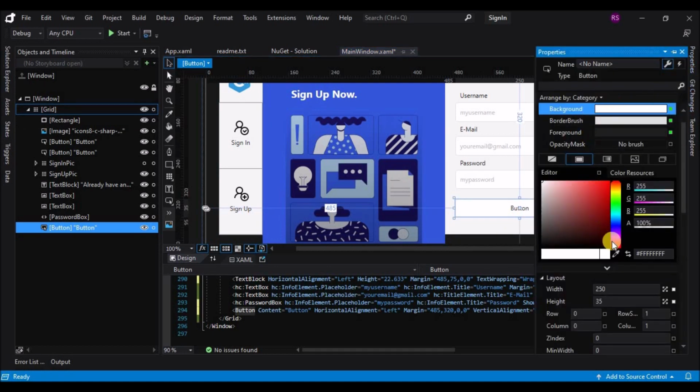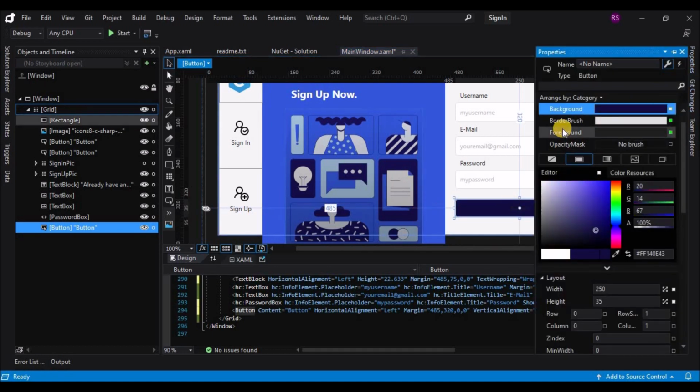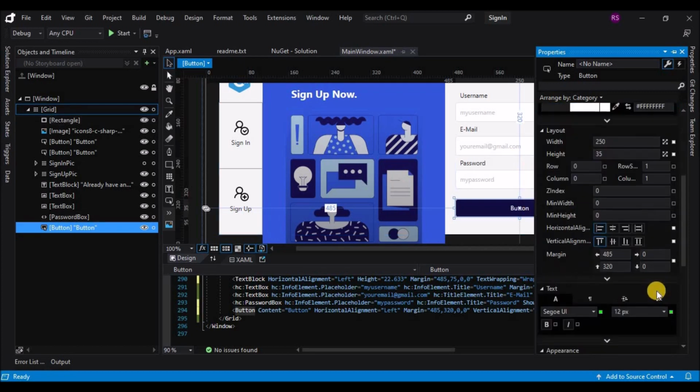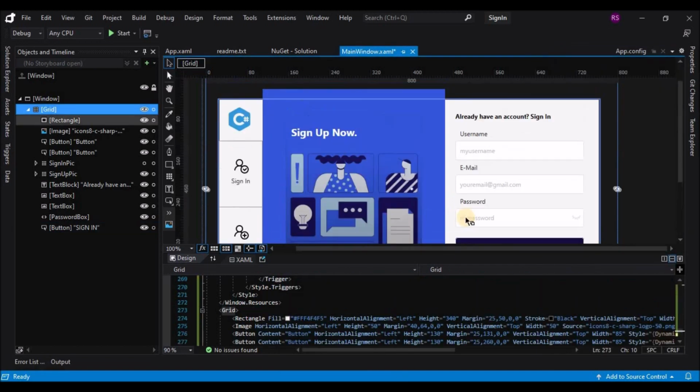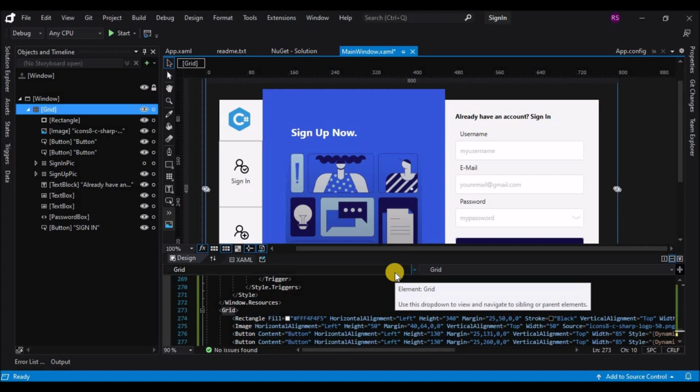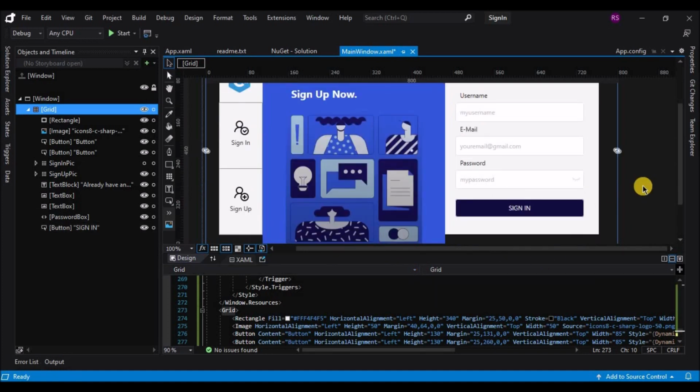Go to properties and select the color from the image that we have, and change the foreground color to white and change the content to sign in. And now before we move to the sign up form, let's change the text block properties that we added on top.